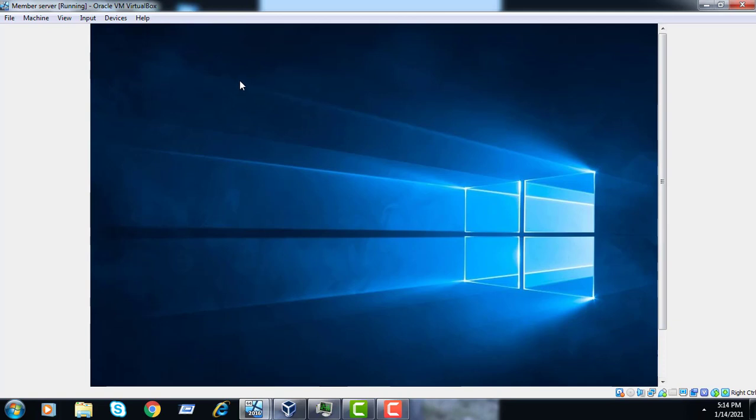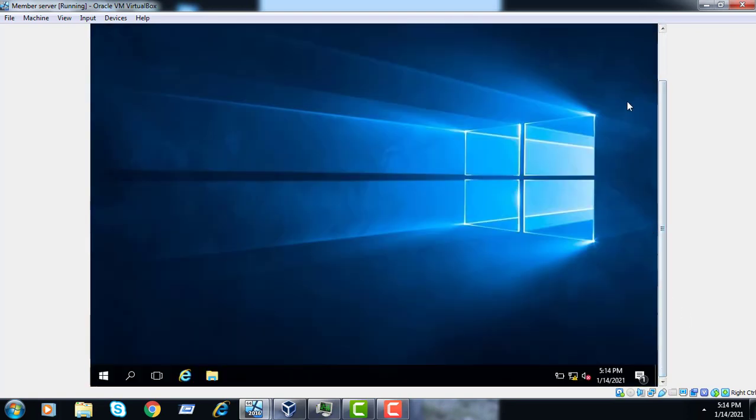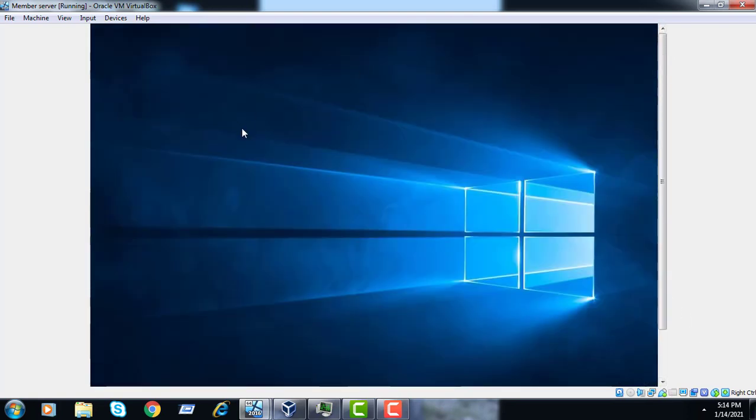Now you can see there is no recycle bin icon on our desktop, because we ran the group policy to remove the recycle bin icon from our client, which is included in the IT organizational unit.